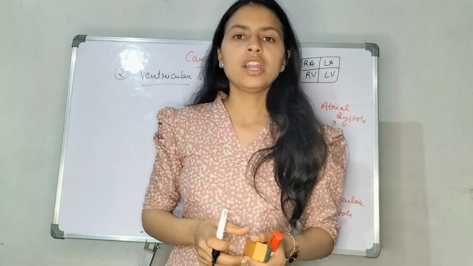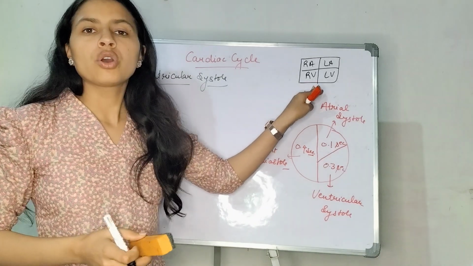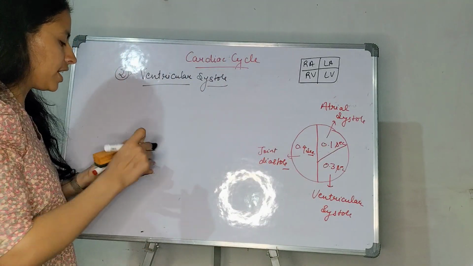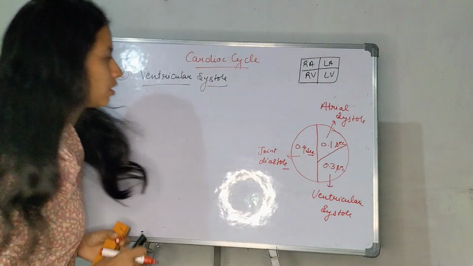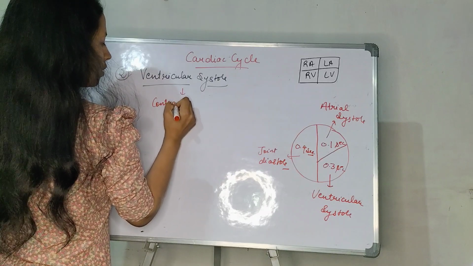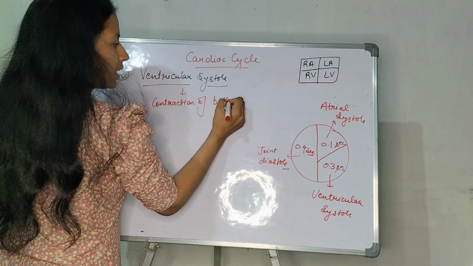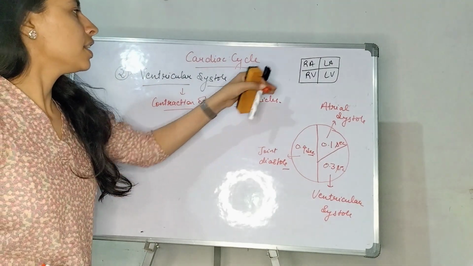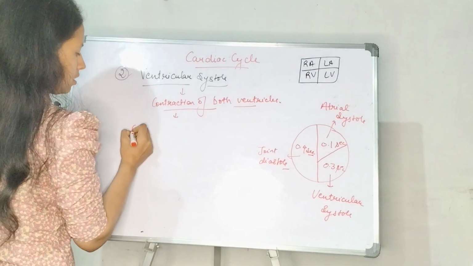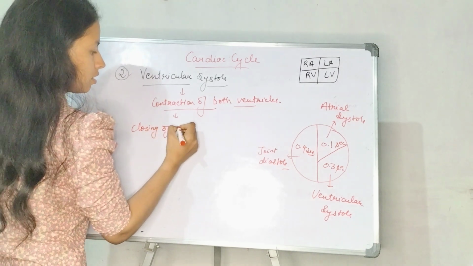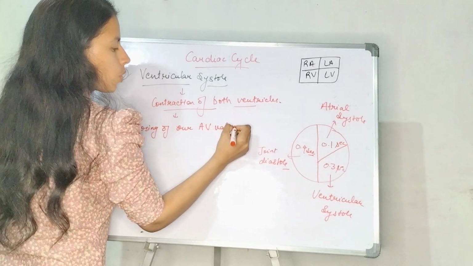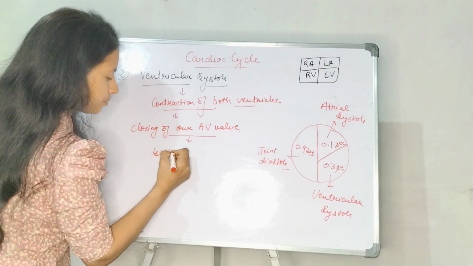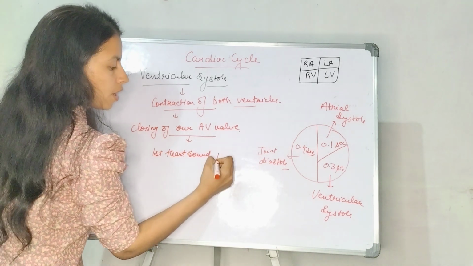During ventricular systole, there is contraction of both the ventricles, right ventricle and left ventricle. During contraction of both the ventricles, there is closure of our AV valves. Due to the closing of these AV valves, atrioventricular valves, the first heart sound is produced,